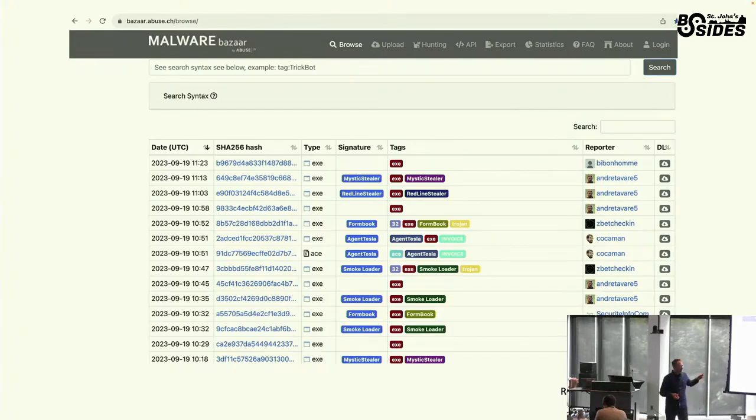Some of you may know that organization as well. So you can definitely, through the web, search for a hash, for a URL, and other IOCs as well. The cool thing about it, there is a signature to identify if it belongs to or has been tied to a specific campaign, a family of malware, and so on and so forth. There are tags as well, and you can even download the malware piece, okay, which could be bad, but anyway.